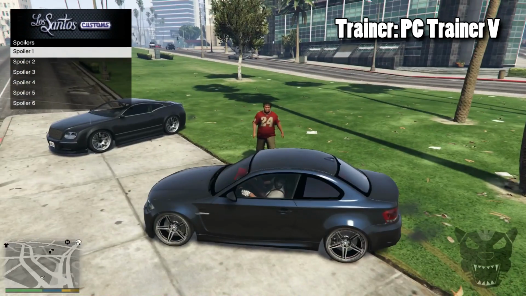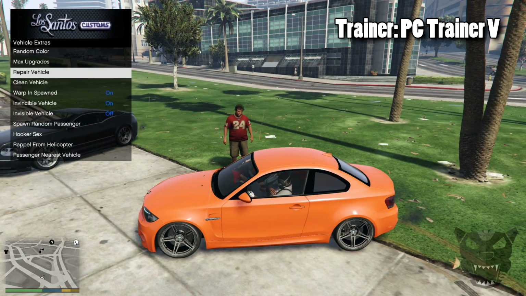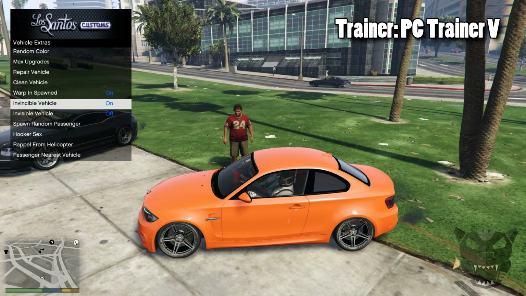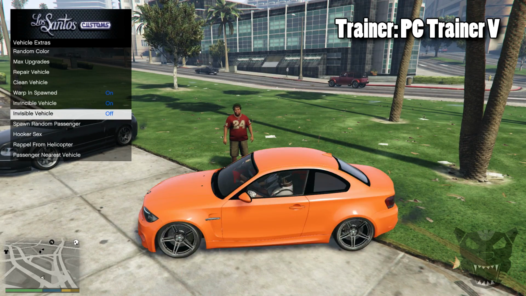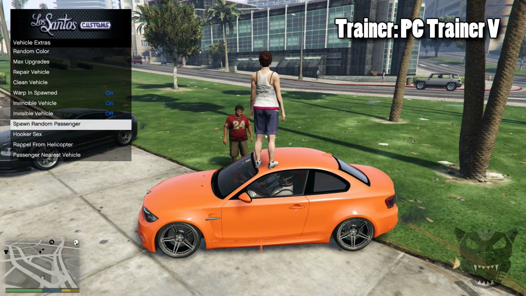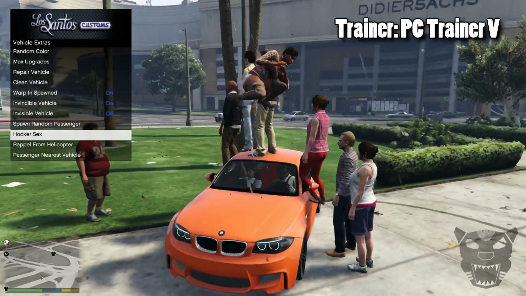Customization, spoilers, let's have a look. That's pretty sweet. Nice orange. Max upgrades, repair the vehicle, clean it. Obviously, wrapping spawned I put on. Invincible vehicle I put on it. Invisible, whatever. Spawn a random passenger. Oh! Why not? Hooker, sex, so